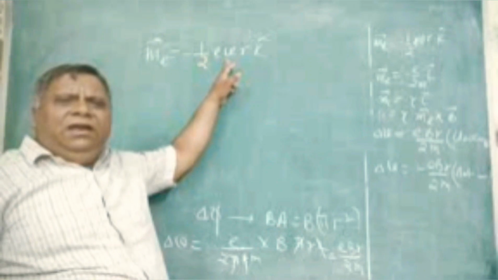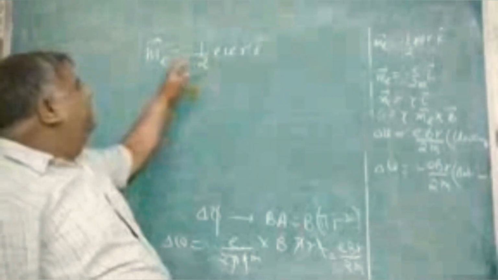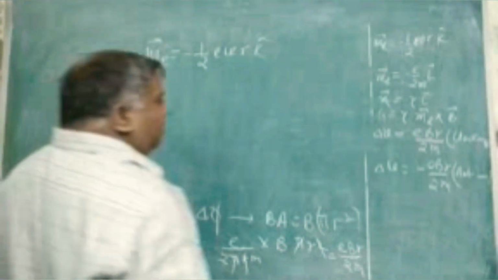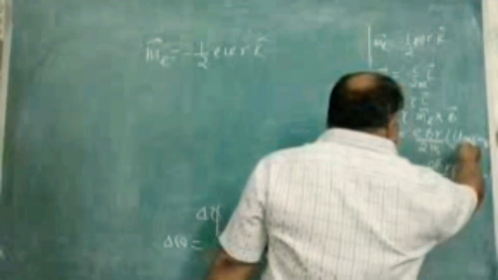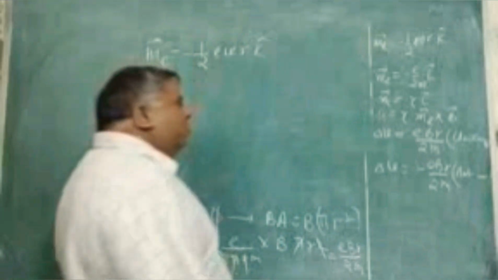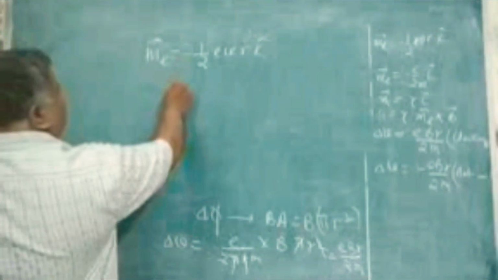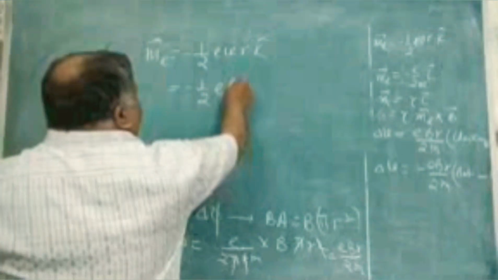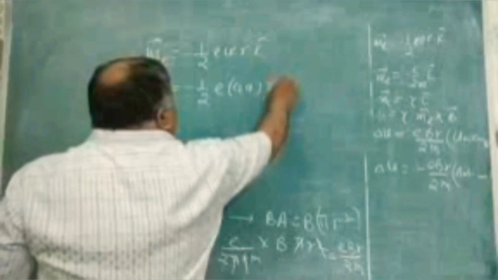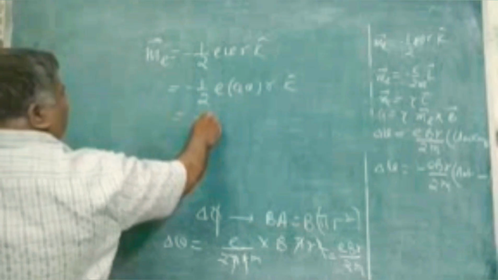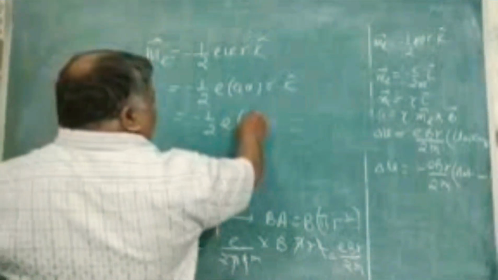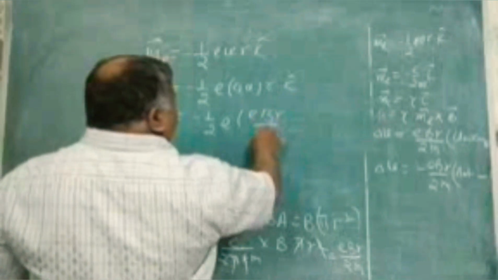Obviously a change in V will result in a change in M L. So let us calculate this change for electron moving clockwise. This is half E delta V R K cap equal to minus half E delta V, with delta V as E B R over 2m, where m is the electronic mass, R K cap,